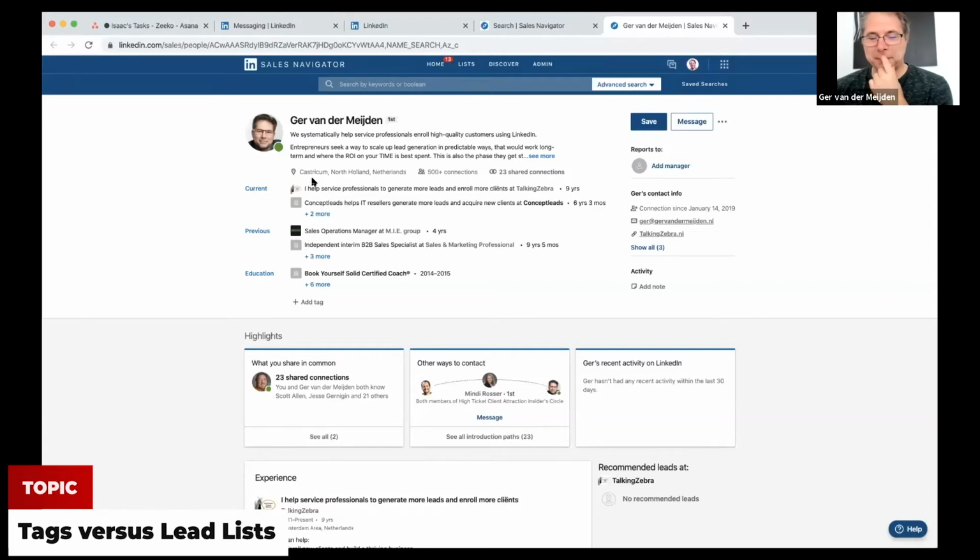Terrible. So you're using lead lists, that's the temporary solution, I guess. Right. And so what happens is they functionally work in a very similar way. You give someone a label and they're in a bucket, and you can rename the bucket. You can move them to a different bucket. They both do basically the same thing. The one really big difference, other than the fact that this is not working on the profile right now, is there is a cap on saved leads, and the cap is 1,500. And it's 250 per lead list, exactly.